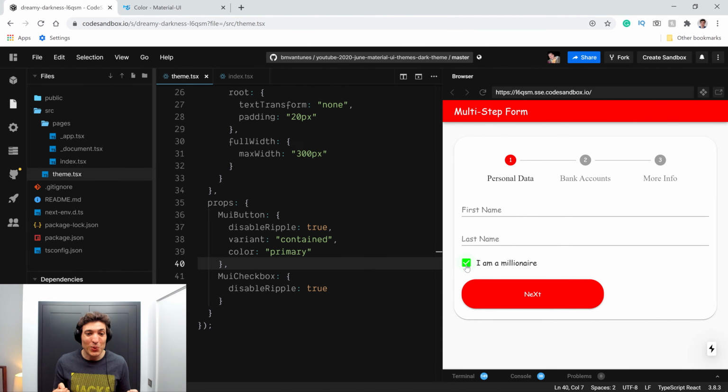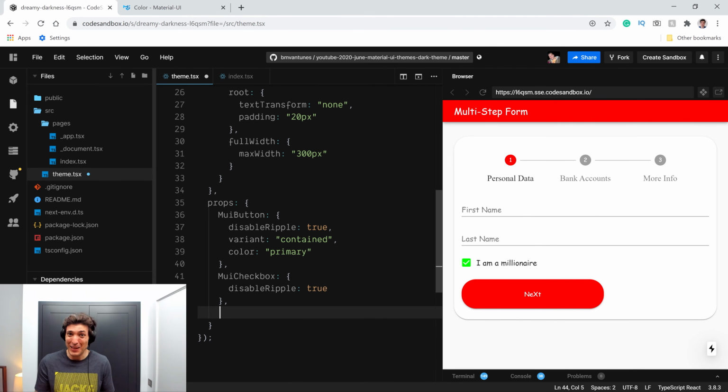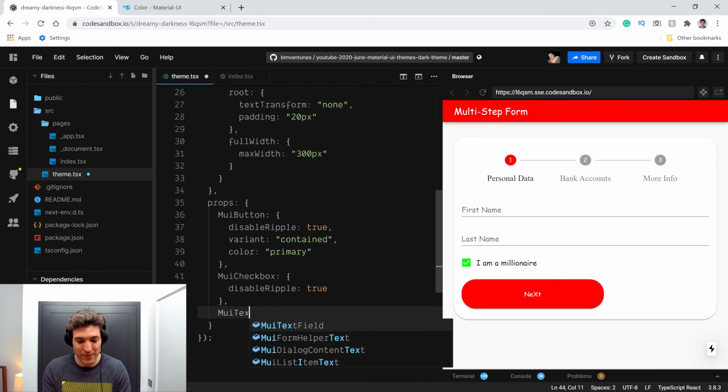So let's go to the big component over here, which is the text field. And the text field, usually in companies, is the hardest sell for you to use Material, at least from my experience. Probably you have a different one. Let me know in the comments what is the hardest point for you to adopt Material in your company, right? But let's go to the MUI text field, all right?